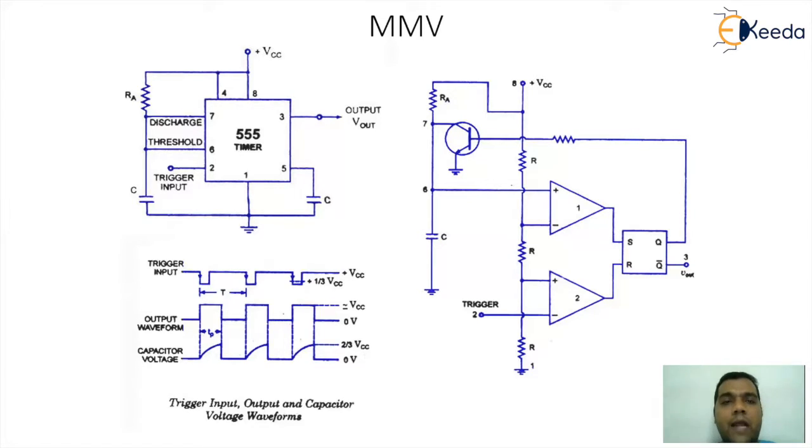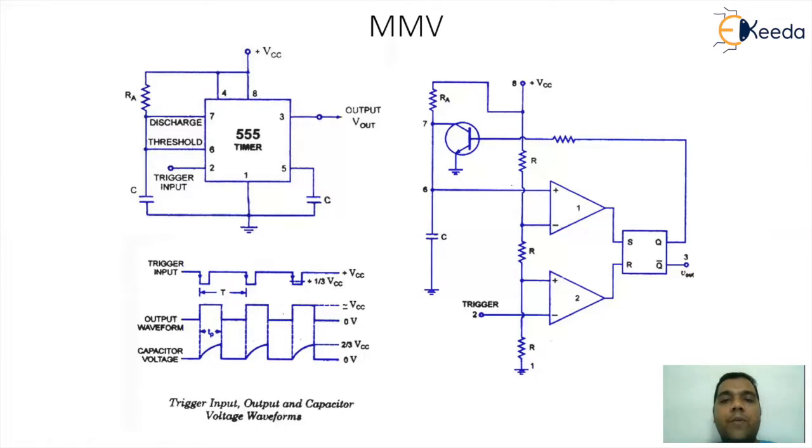Now, what will happen with respect to the internal structural diagram? When I look at the structural diagram, you can see the upper comparator and the lower comparator, the SR flip-flop with S and R as input, Q and Q bar as output. Q bar actually works like an output for IC 555. The output Q will control the status of your transistor, which is going to operate either in the saturation region or the cutoff region. This implies the transistor will work like a switch.